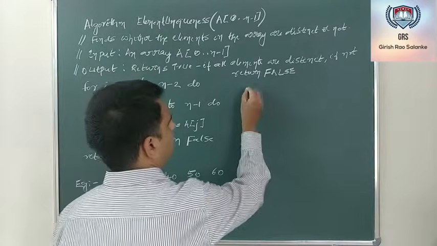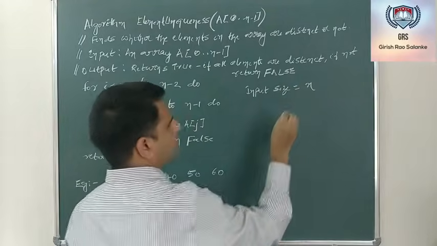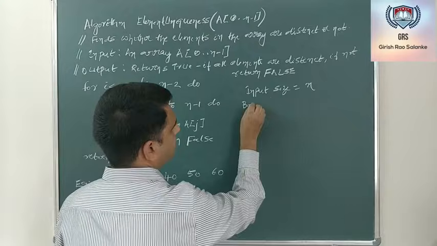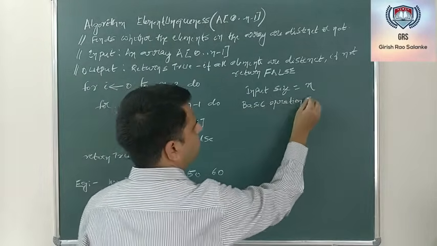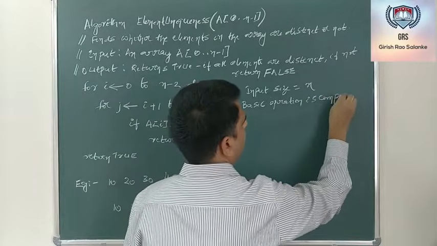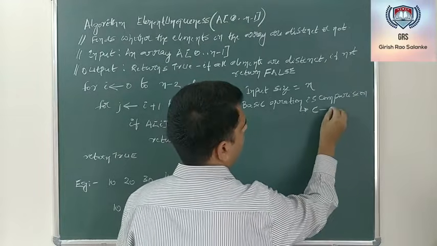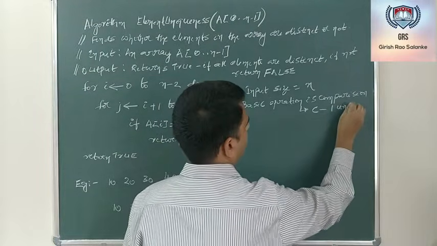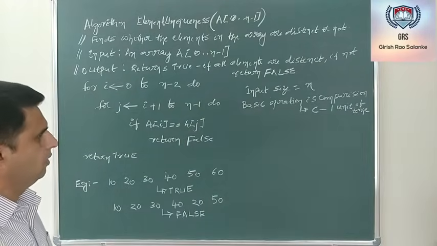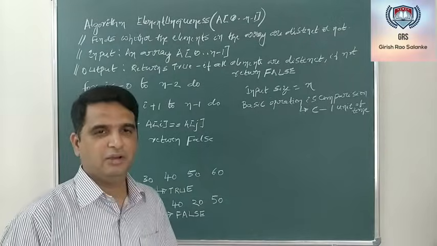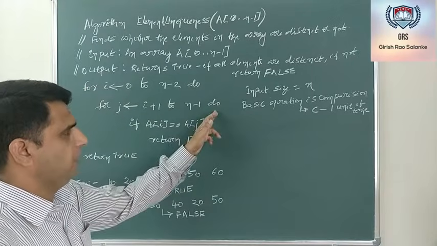So let's start with the input size. Let me denote the input size as n. Now what is the basic operation? Basic operation is comparison once again. Here is comparison. Let me denote it with C, and I'll assume that each comparison takes 1 unit of time. Now I need to check whether for all input the for loop will be executed maximum number of times or what.